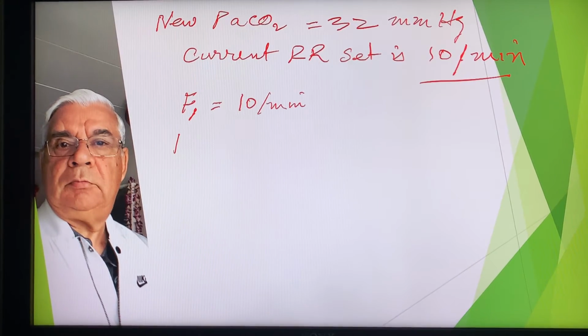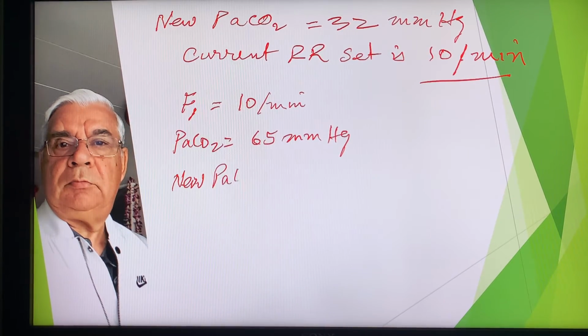And the PaCO2 blood gas currently showing 65 millimeters of mercury. And new PaCO2 we know now is 32